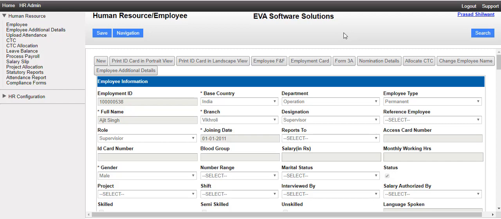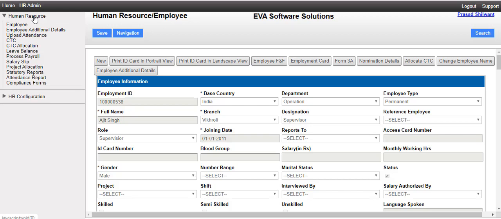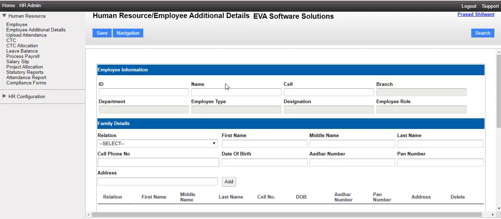Now let's talk about second method. For second method, you have to select HR admin module. Again, you will select human resource option, and from human resource option, you will select employee additional detail option. On this screen, first you will search employee whose family details you want to capture.